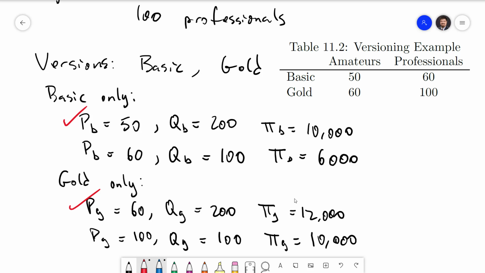If we think about making this choice, what we've done is priced low to sell to everyone. This gives each of the professionals a consumer surplus of 40. That is potential profit that we could take advantage of. On the other hand, it could have turned out that it was better to charge the high price to just the professionals and forget about the amateurs entirely. In that case, there would have been potential profit left on the table because of the untapped segment of the market in the amateurs. Either way, there's potential for more profit if we do versioning.